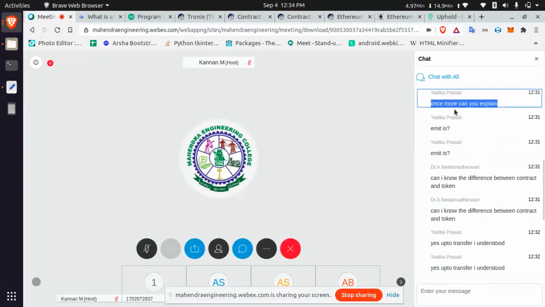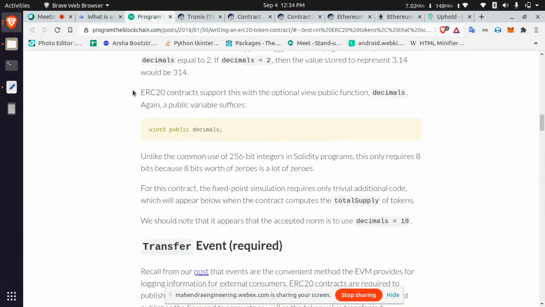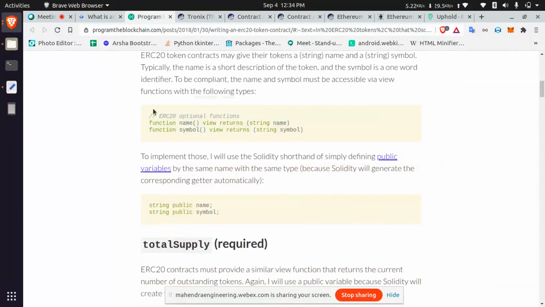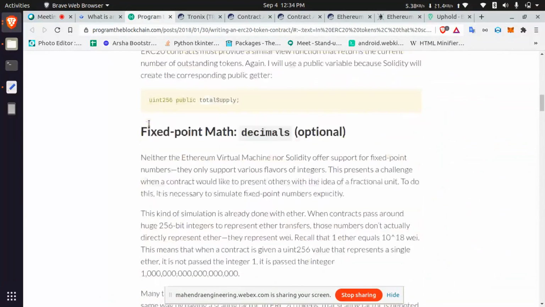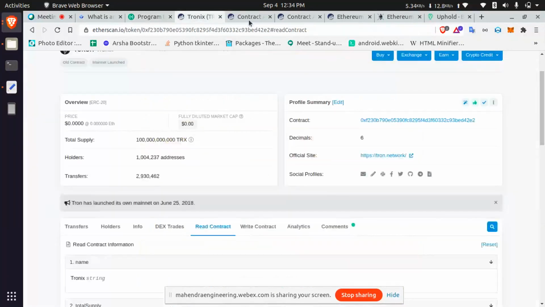Let me explain this point from the start. ERC20 is also a contract. In this there is some standard functionality like name, symbol, total supply, transferFrom, approve. These are common standards for ERC20s. Name and symbol are used for searching your tokens.